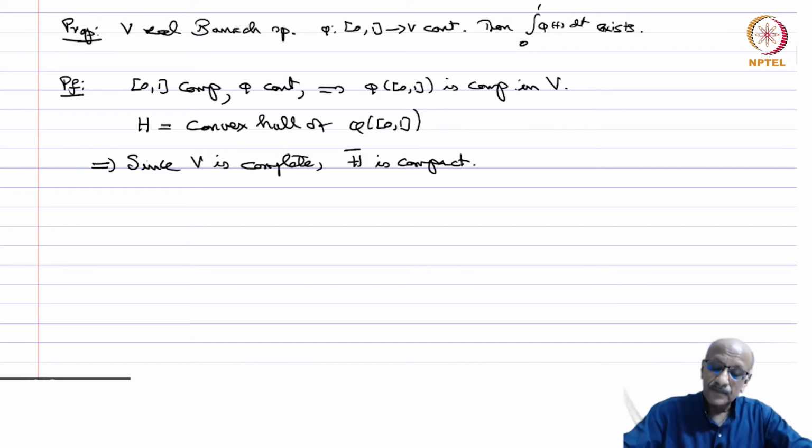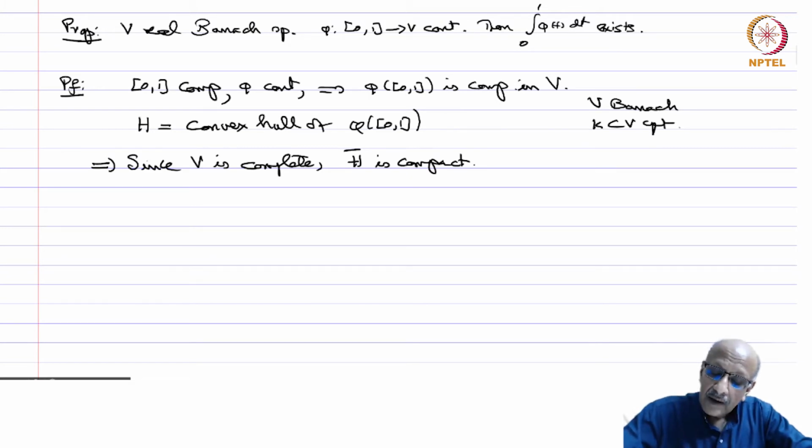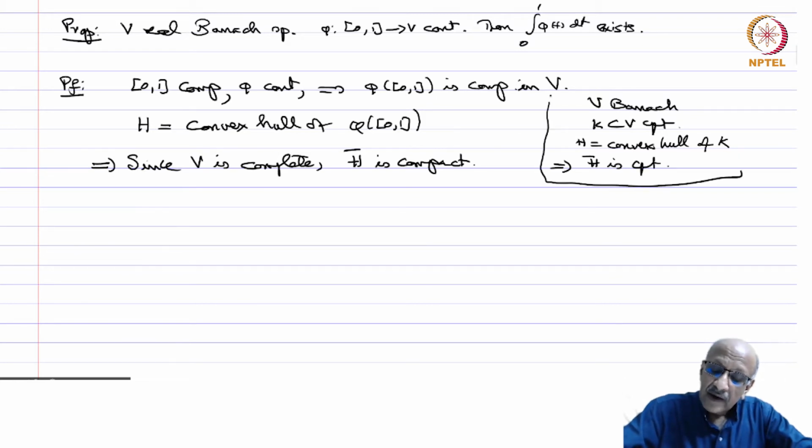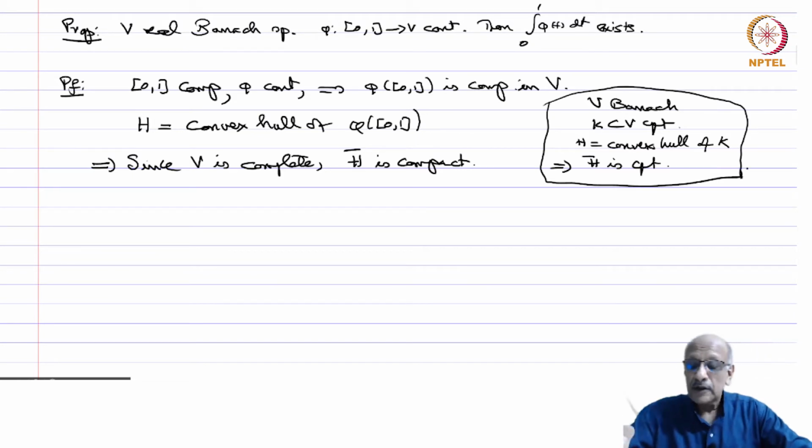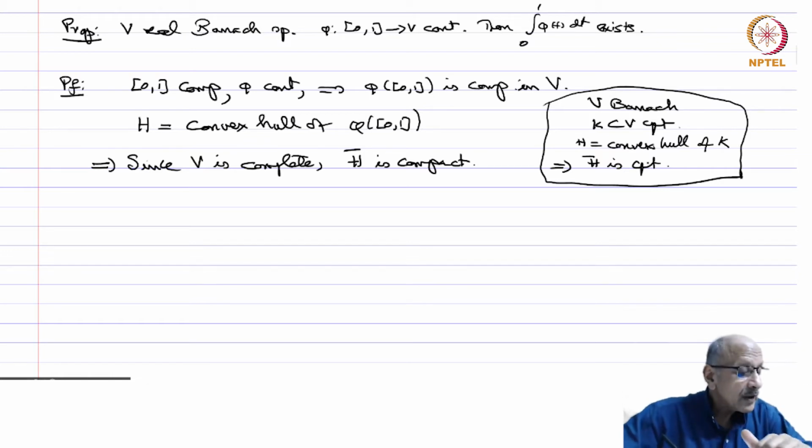So that is the: V Banach, K contained in V compact, then H equals convex hull of K, and this will imply that H closure is compact. So in fact, because of the completeness, it is enough to show that H closure is totally bounded, and that can be done. Okay, anyway, we will accept this result. So we will assume this theorem in topology, and we will just take it. Okay, so now